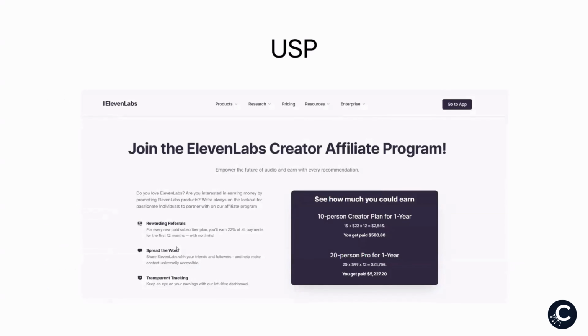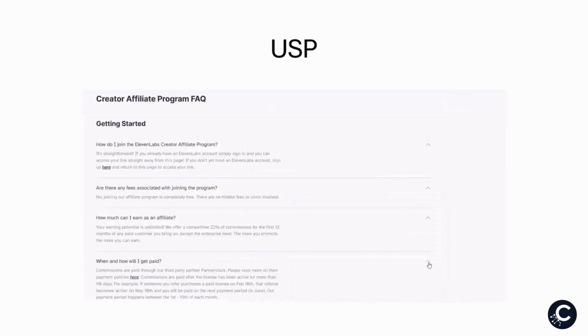I do want to just walk you through the ElevenLabs affiliate program, and there's not a lot to it. In some cases, you may find that applying for an affiliate program is a real chore. They don't make it that way. In fact, you can probably get your link if you've already got a paid plan. What they tell you about the affiliate program is that there are no fees, so you don't have to pay anything to join, and they pay you 22% of the first 12 months.